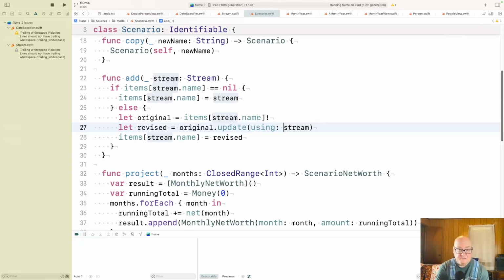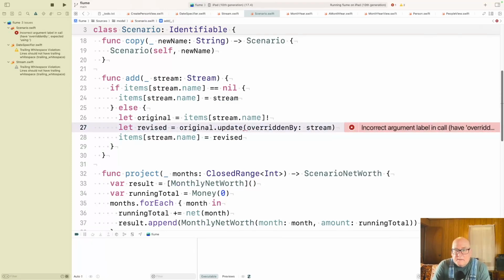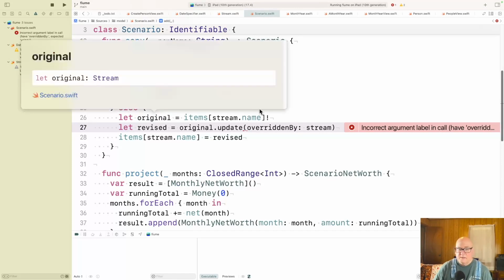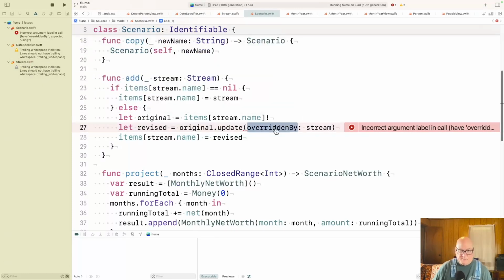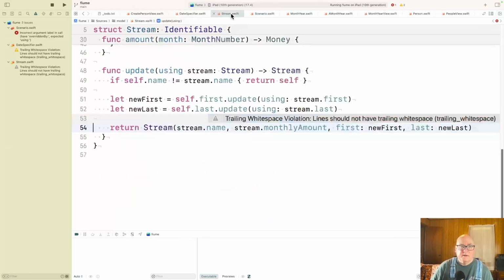Overridden by? How would that look? Original dot update overridden by stream. Original is the stream, I guess. I might keep that for the top level anyway.